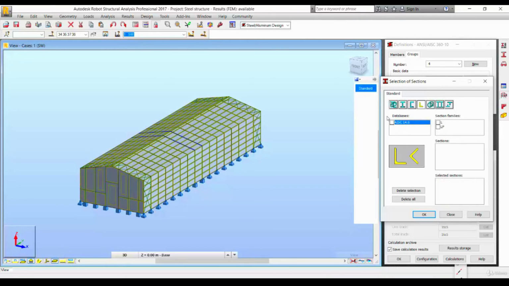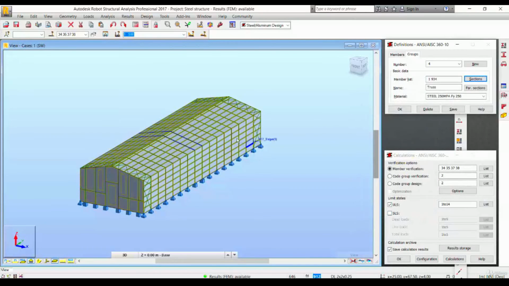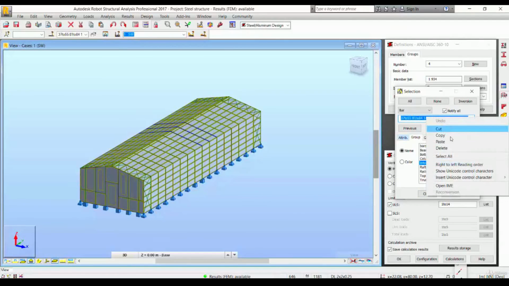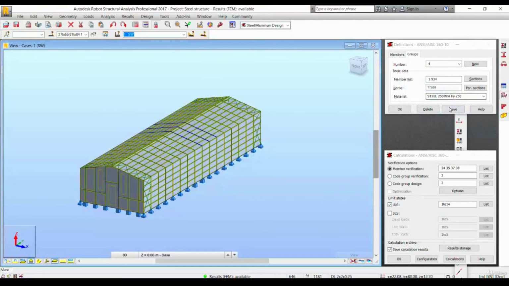Also let's choose all the shapes, and we go to groups, internal trusses. We copy them here. Let's put save and